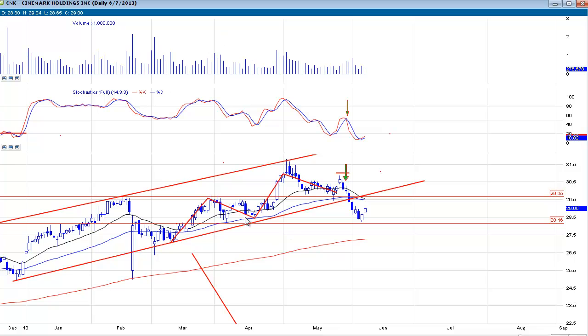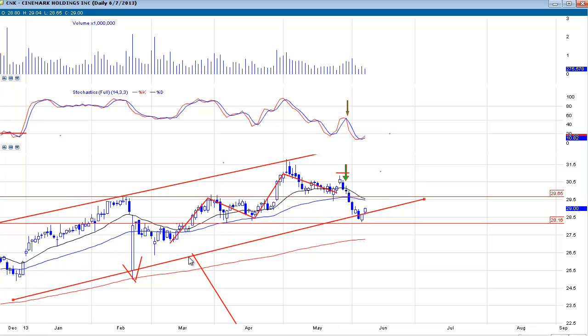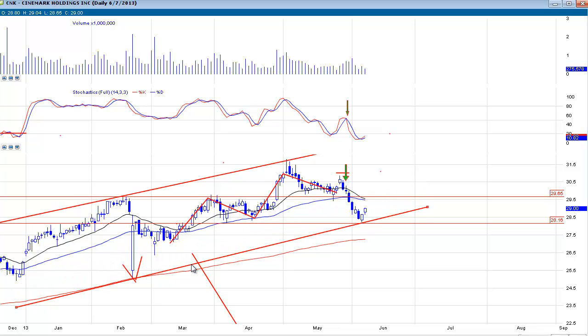All right, here's the daily on Cinemark, and you can see that larger channel. This is really weird, because you had a spike down over here, and I always say, whenever you see a spike down or something in the chart that just does not set up right, you have to consider that. And I think that was a mistake on my part, because whenever you have a data point being made and there's price history back here, you have to recognize that, because the algorithms recognize that. This becomes an area of interest,